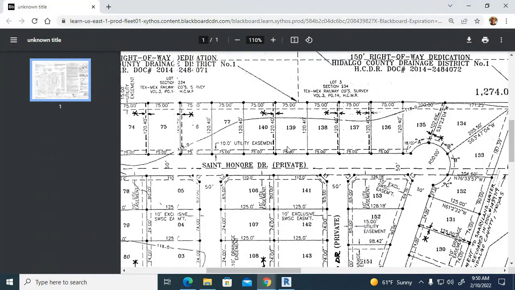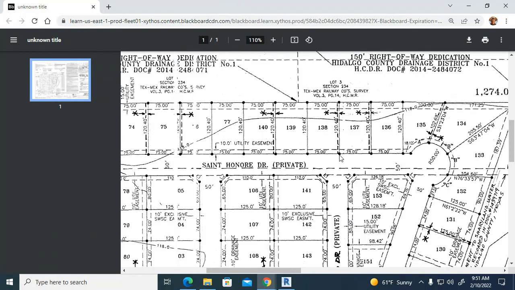So we're going to start with lot number 138. I'm going to start in the lower right-hand corner. I'm telling you where I'm starting. Lower right-hand corner, and we're going to go clockwise till we get all the way back. That's how it works. So we're starting here, lower right-hand corner, and I'm going to go across, up, back, and then back down,